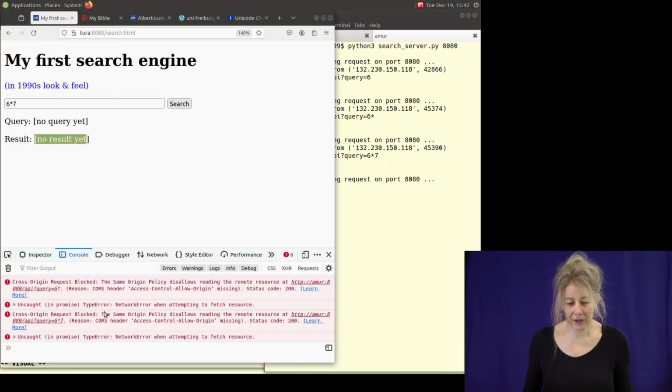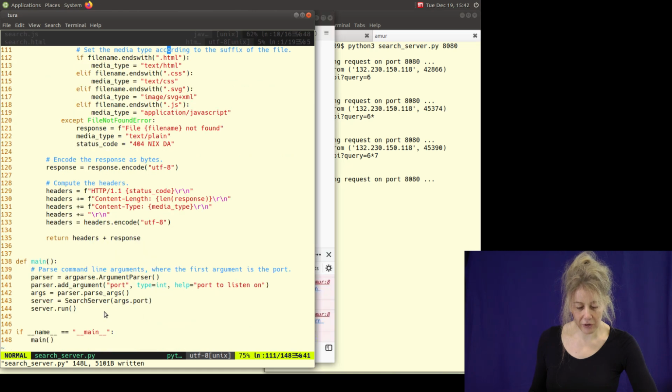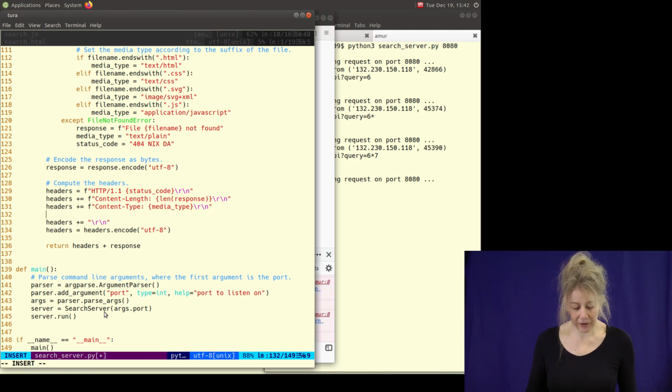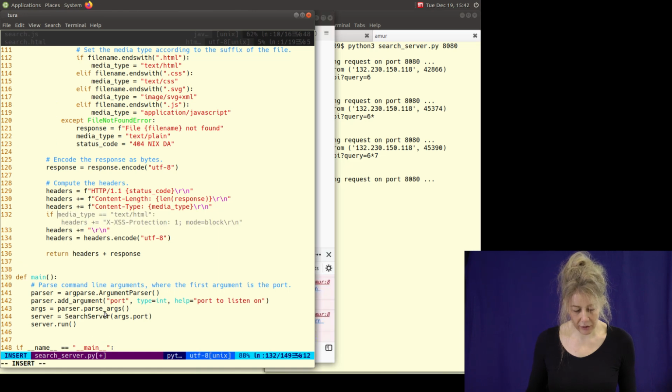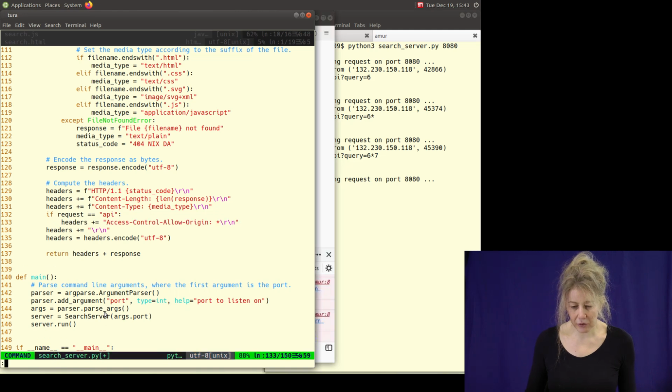The way to fix it is, in my server, let's just quickly do that. Here I add another header and I'm saying, I think I only need that for the RPC call, if request is API. Yeah, let's do that. If request is API, that's correct. I add an access control header. And I want to say,